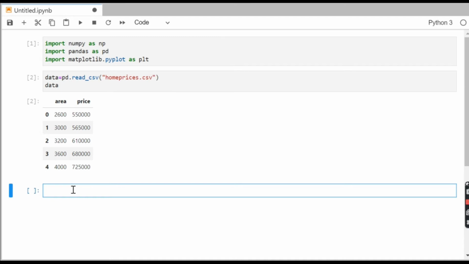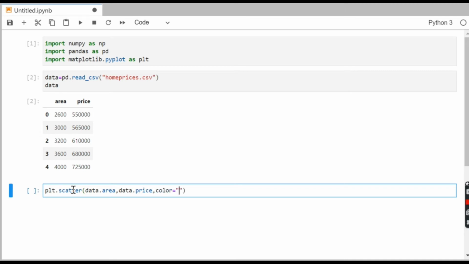Now the next task is to plot a scatter diagram. For that I am writing plt.scatter, with data.area for x and data.price for y.